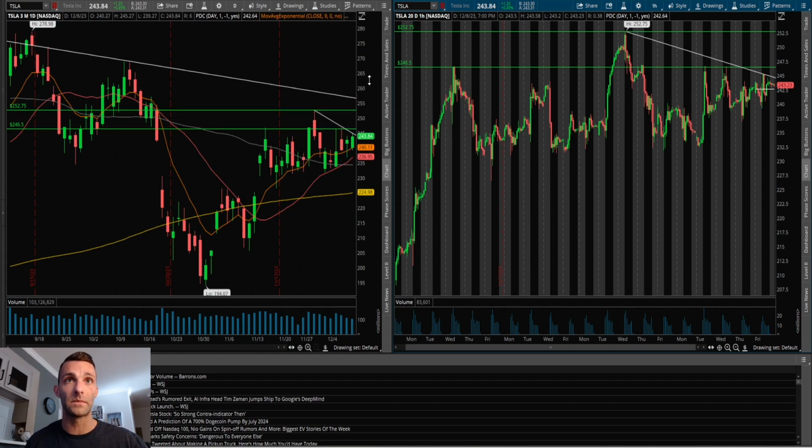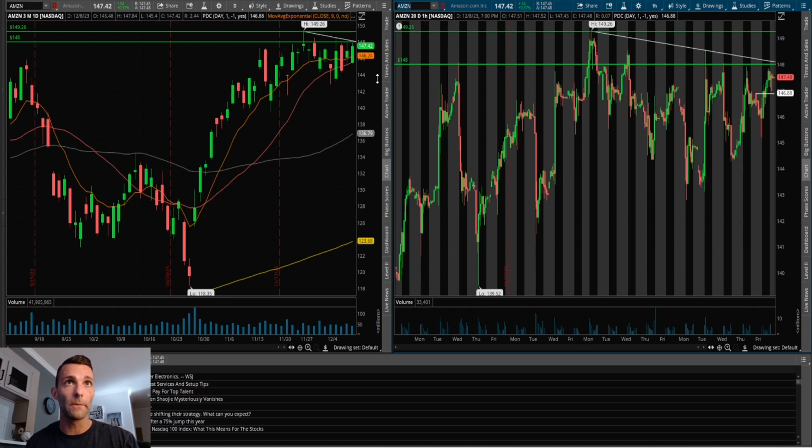If we break that to the upside, Tesla could be ready to go. And now Amazon, pretty simple chart pattern. We have a consolidation / bull flag pattern. A key level that I'm looking at, or a couple, is going to be this 148. It's been a really big area of resistance. If we can get above that, and then we clear out this trend line, forming that bull flag, the 52-week